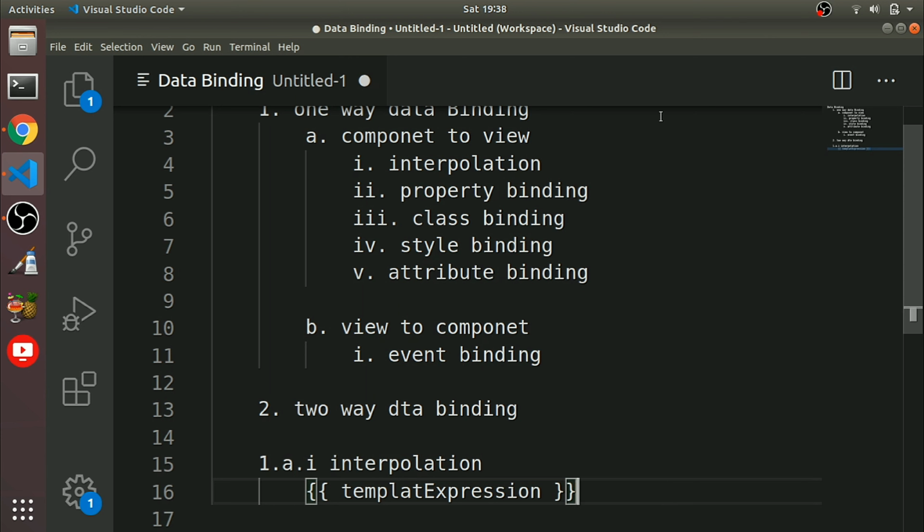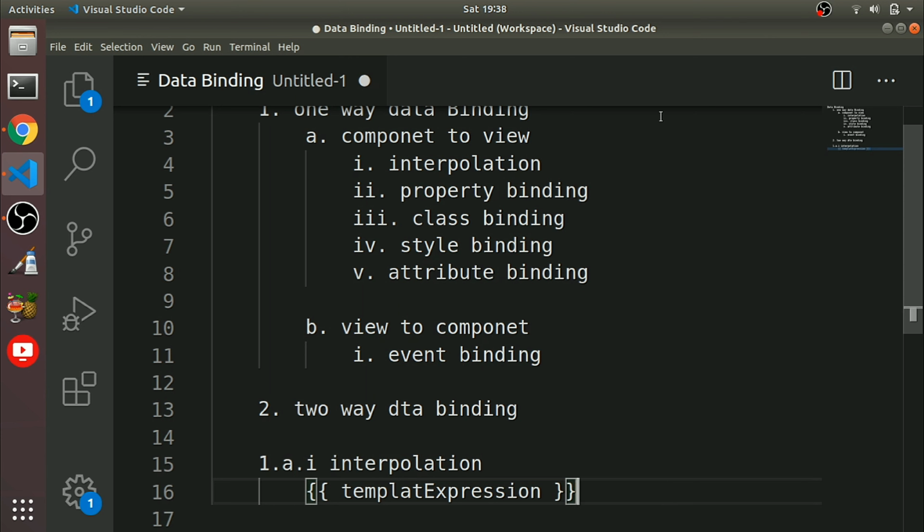The syntax will be binding target, then binding source, in camel case. This is the HTML property inside the square brackets, and this is the property in the component.